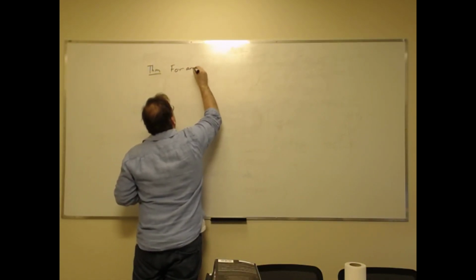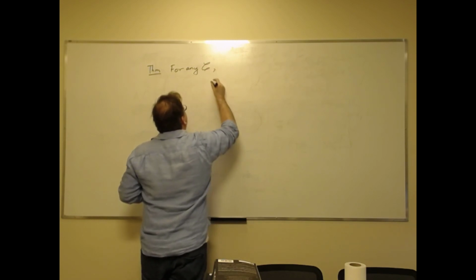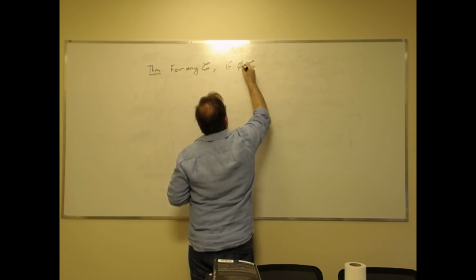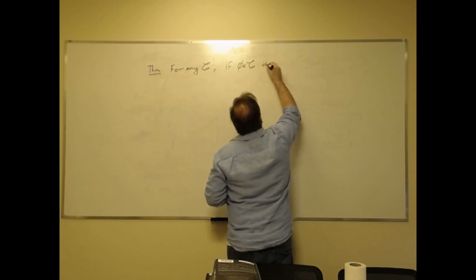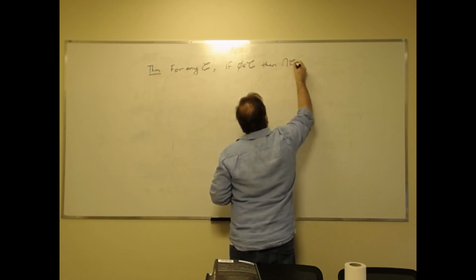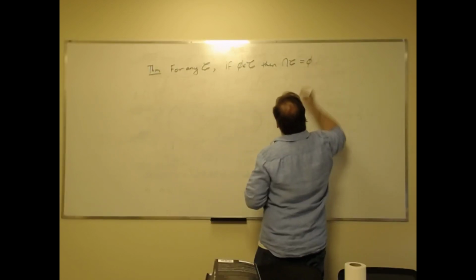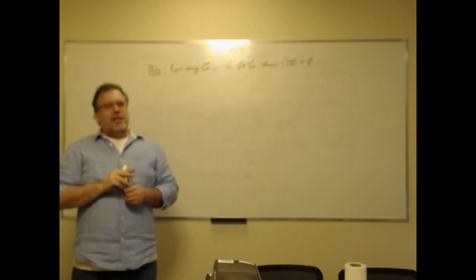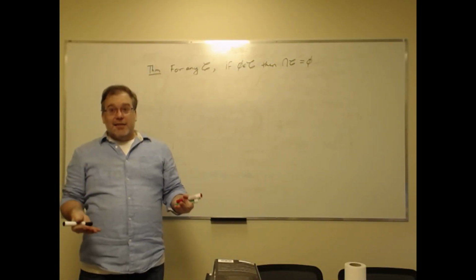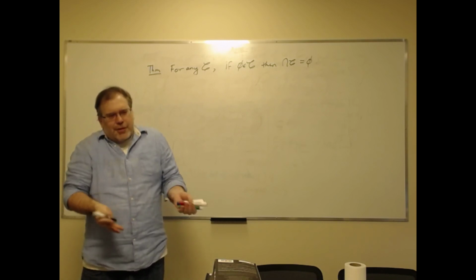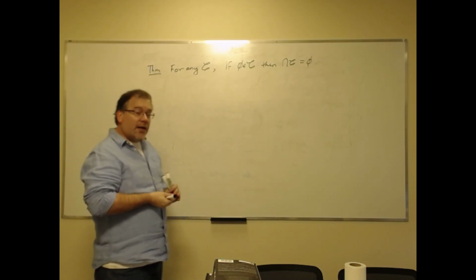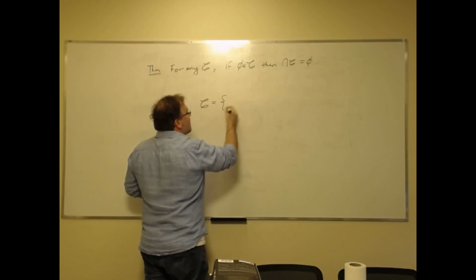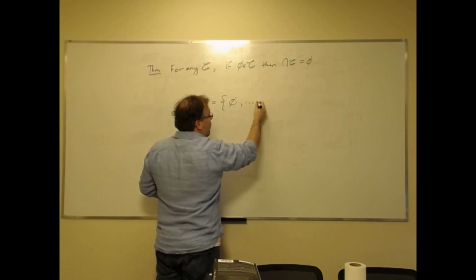For any collection C, if the empty set is in the collection, then the intersection of the collection is itself the empty set. All right, so we're not allowed to take the intersection of a collection of sets that contains no sets. It's not really much of a collection of sets. But we're allowed to take the intersection of a collection of sets that contains the empty set and perhaps other